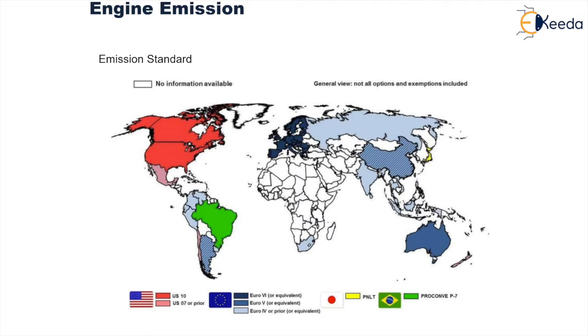Now, these norms lay particular emphasis on the amount of emissions, specifically of CO, hydrocarbons, oxides of nitrogen, and particulate matter. Carbon monoxide is taken in gram per kilometer. Also, hydrocarbons, nitrous oxides, and particulate matter are taken in gram per kilometer. As the norms have been upgraded, the allowable limits for all these pollutants are